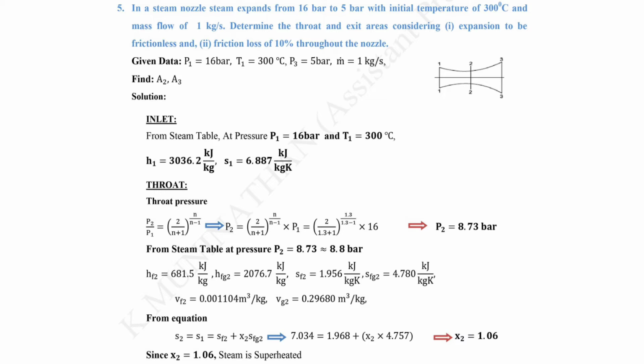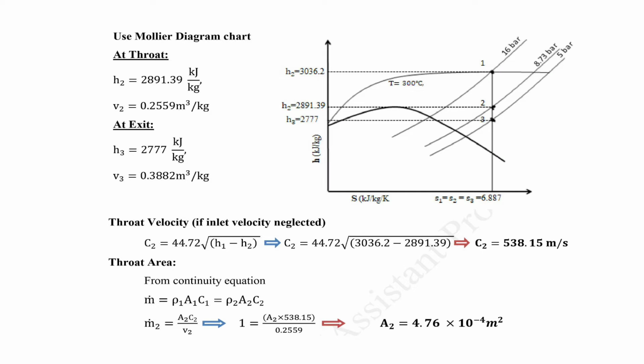From the equation S2 is equal to S1 is equal to SF2 plus X2 SFG2, we can calculate the X2 value, the dryness fraction. After that we also use the Mollier diagram chart to obtain enthalpy at 2, V2, H3, P3,